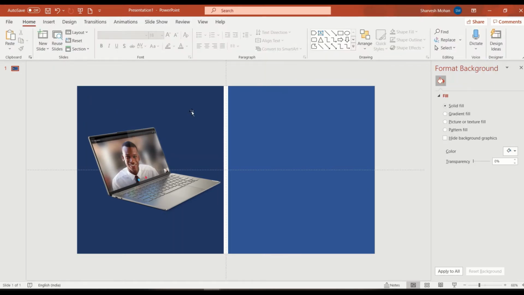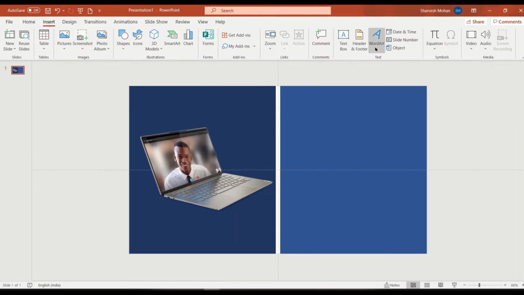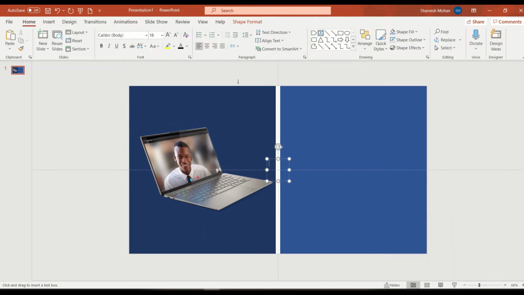We'll insert a text box for the model number.